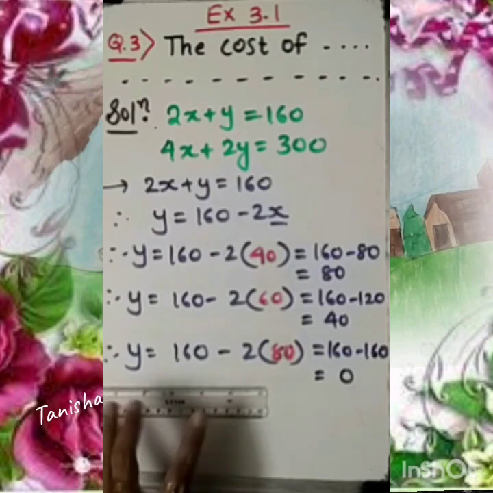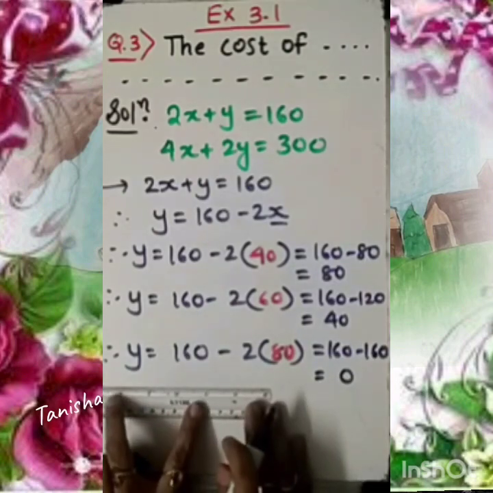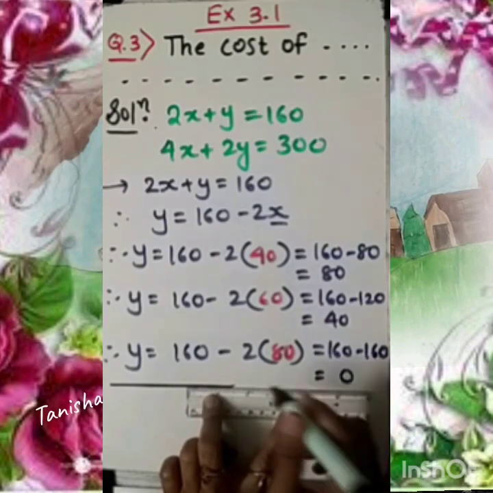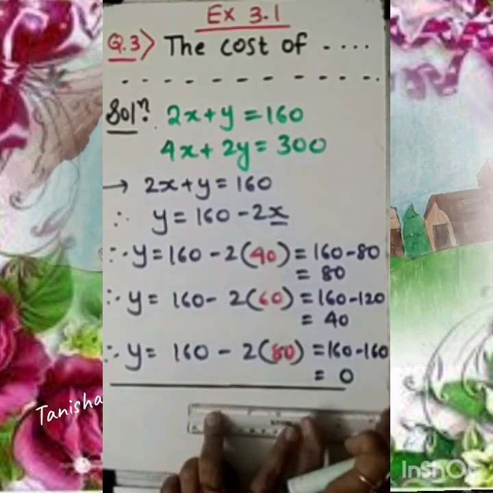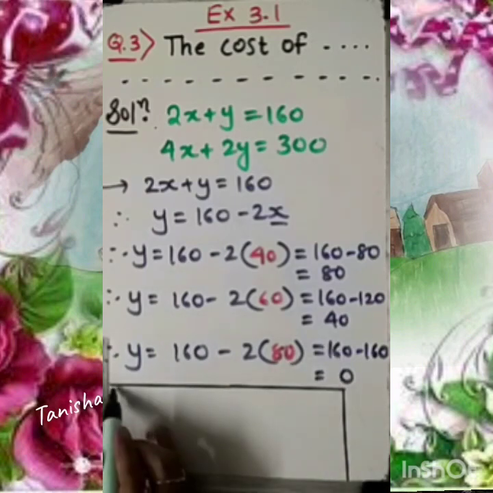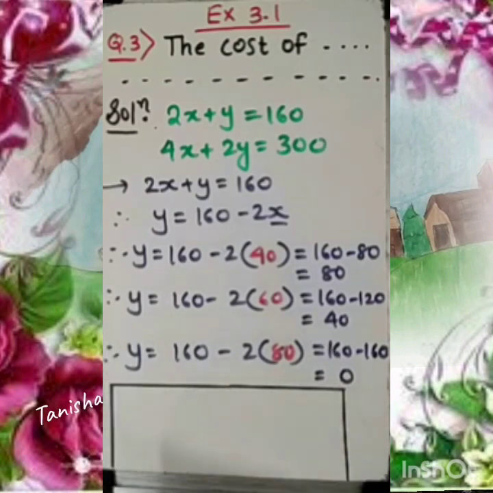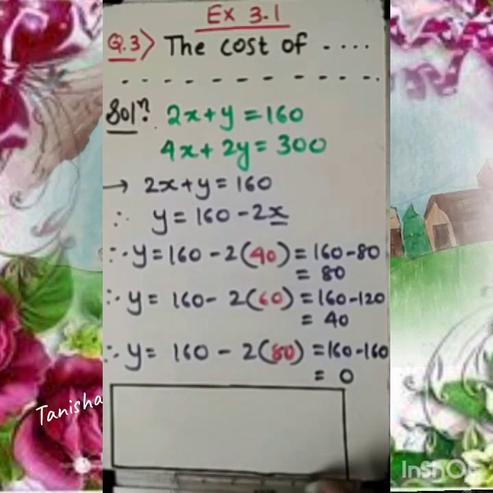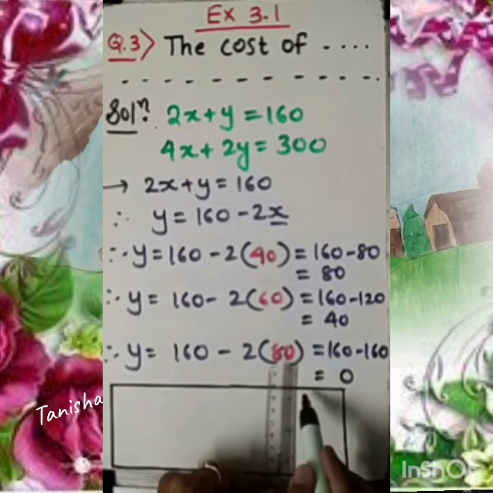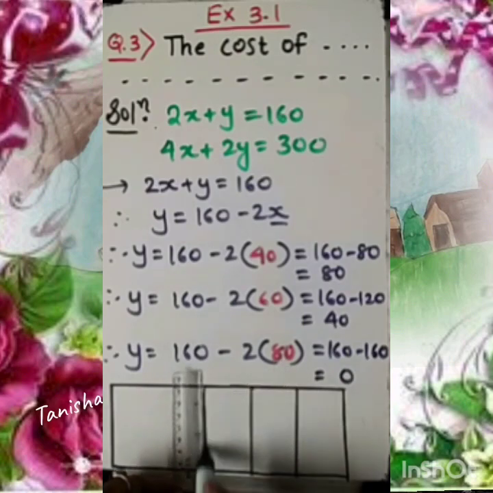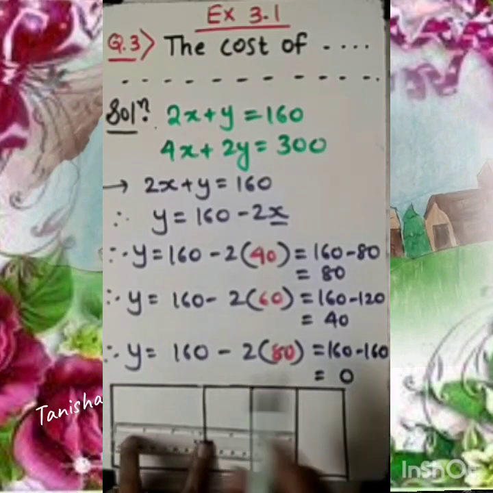So let me start making the table. And this time we are choosing only 3 values. At least 3 we have to choose, but more than 3 also, if you want to go with that, at least you can go with 4 or 5. As much as you can according to the time duration, you work out upon that. Now here first, second and third. Only 3 we have chosen.